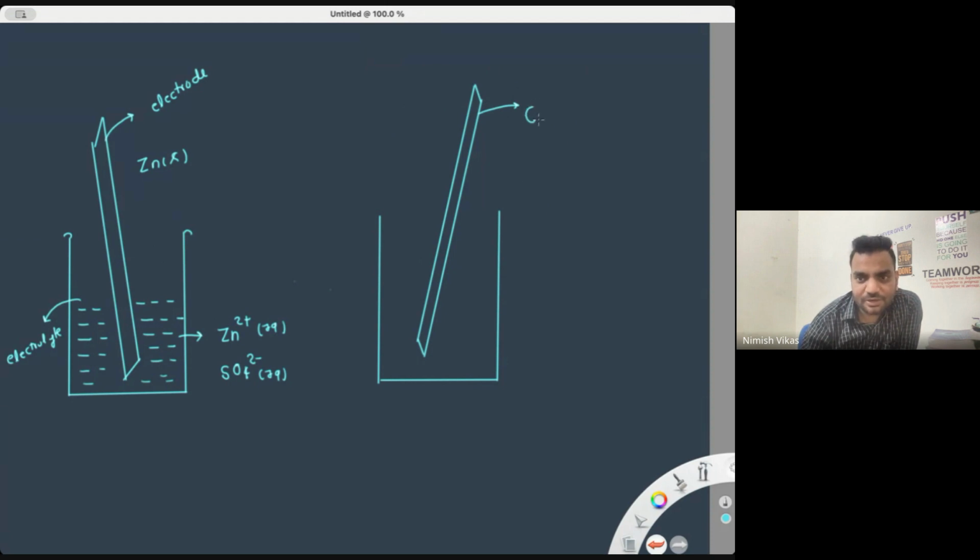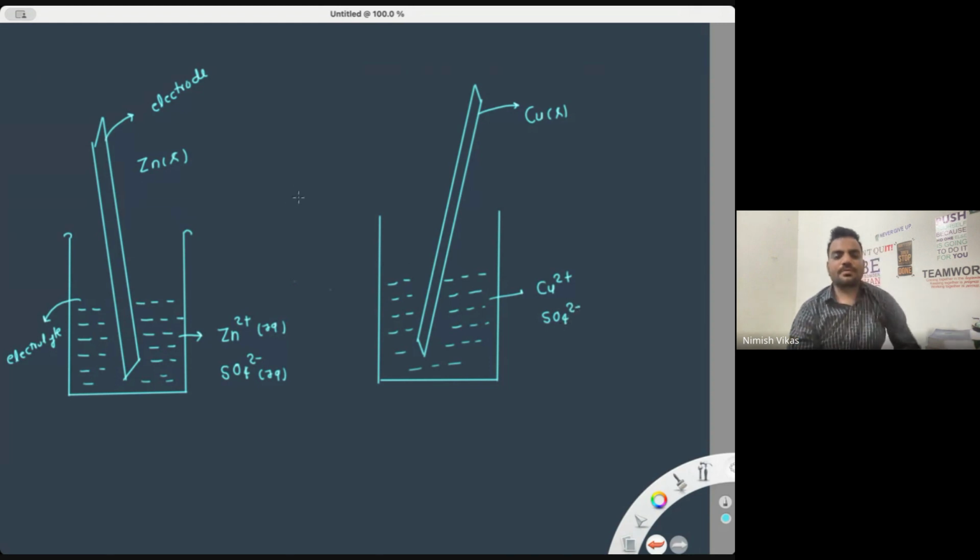Let's say this time we are taking copper and one copper salt, let's say cupric sulfate, Cu2+ and sulfate ion. Now, metals have a tendency to lose electrons. So zinc wants to lose electrons, copper wants to lose electrons. And if we connect these two with one metal wire,